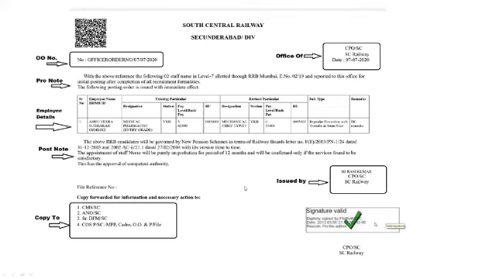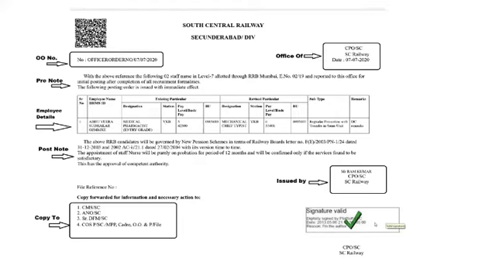We have at top left a QR code. In the QR code, basic detail of the employee is mentioned along with the order number. So you get the basic idea of what is written there. And no overwriting or correction can be made. Then you have the office order, which is a local office order of the place. Then which office is issuing the order is mentioned there in the top right.